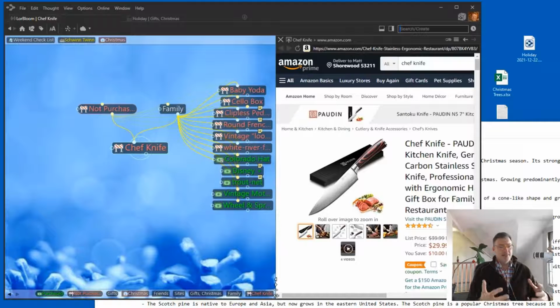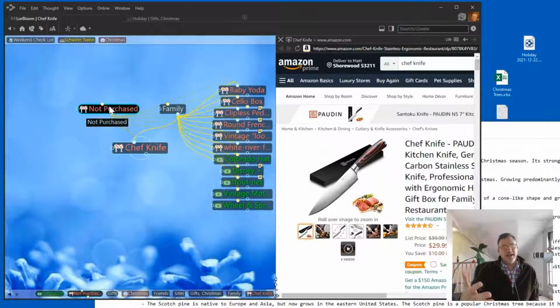that is something that is not purchased yet. It's a gift. The thought type is appropriate, but it may have different attributes. Maybe it's urgent that I purchase this, or maybe I'm still doing research, or maybe I want to also classify it as expensive. I can apply all of those thought tags to this one thought. It's got one thought type. It's an unpurchased gift. So not purchased, and that falls under the gift category,